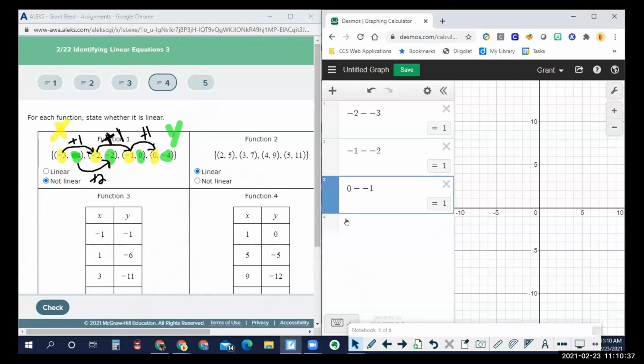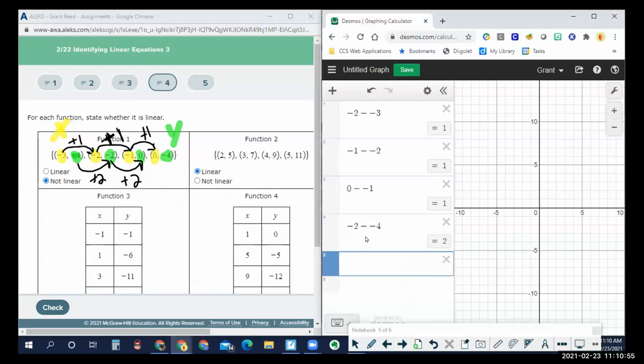But just in case Mr. Reed doesn't know what he's talking about, I'm going to take that new value, subtract the one right before it, and yep, Desmos agrees it was an increase of 2. Then I'm going to go from this -2 to this 0. It's also an increase of 2. And so if I go ahead and say I've got 0, my previous value was a -2 that I'm subtracting,